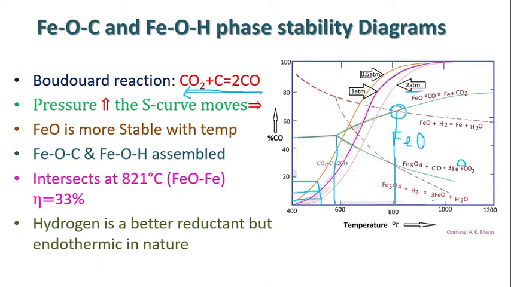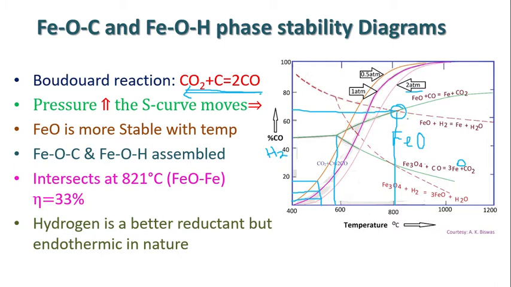If we talk about the efficiency, both have about 33% efficiency. What is the efficiency? If we draw a line to the y-axis, then it is about 67% CO or H2. Both are same because these are intersecting each other. So at 67% is there. That means 67% of H2 and 67% CO are in equilibrium with these lines. Okay, with these compositions, the remaining 33% is utilized for your reduction. So the efficiency is 33% at this intersection point.